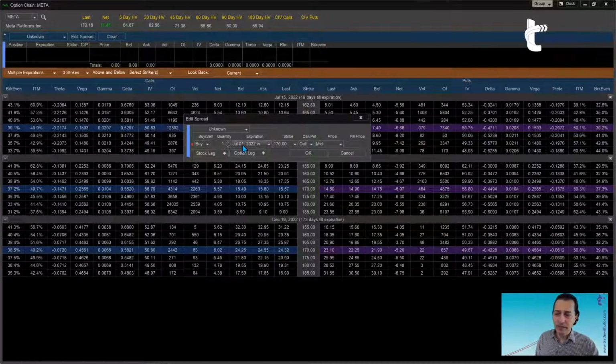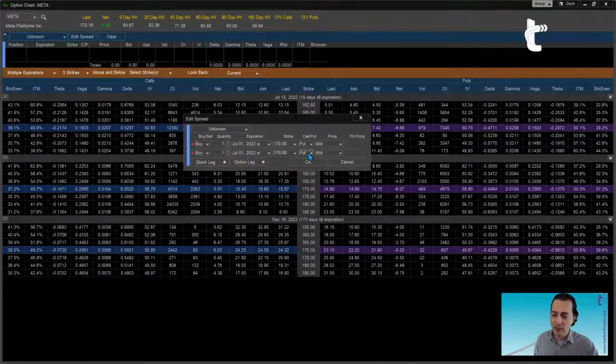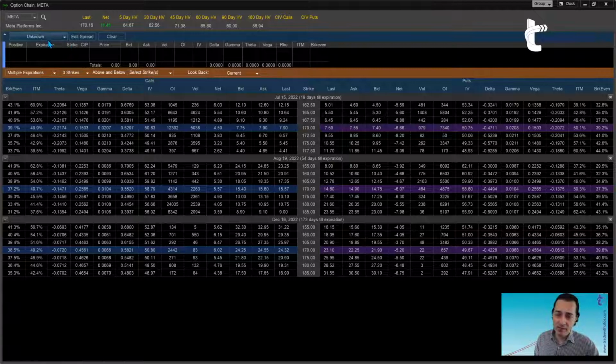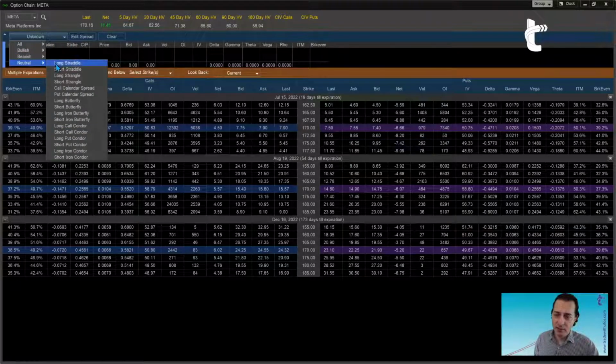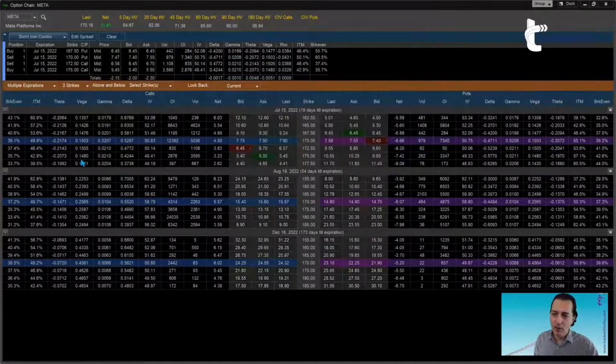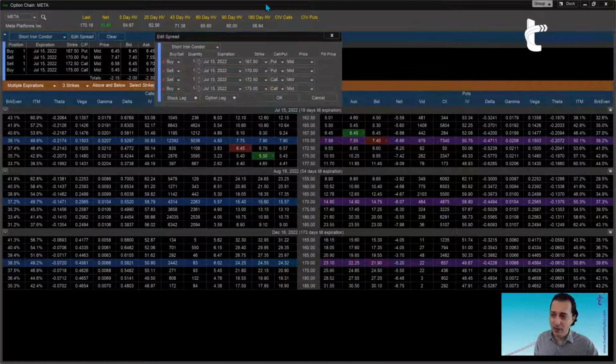So you would basically be building a trade that does whatever you are building based on what you select. So in this case, if I select a call or I switch it to a put, that's going to be a totally different trade, isn't it? If I do a put and now I change it to call, so basically now I'm doing a straddle. Okay, so I'm buying a put and I'm buying a call, 170 strike, same expiration date, right? So you have full freedom. It's really quite intuitive. I'm just giving you details of examples of usage, even though I would say you probably all agree that this is quite self-explanatory, or at least intuitive.